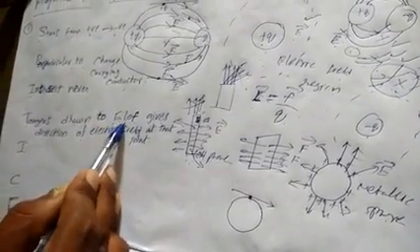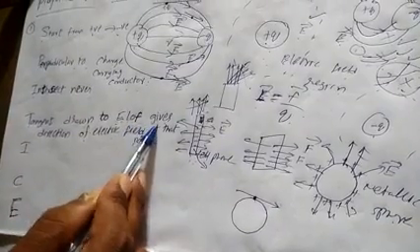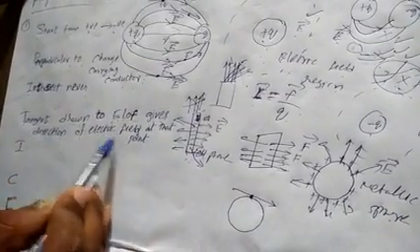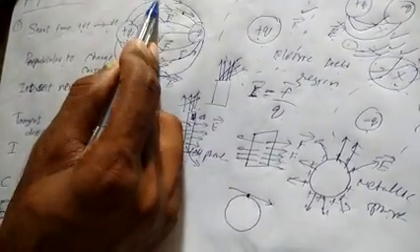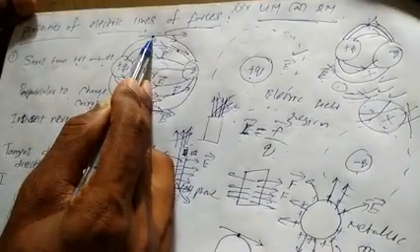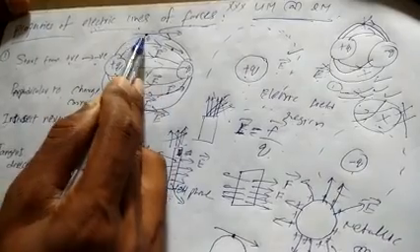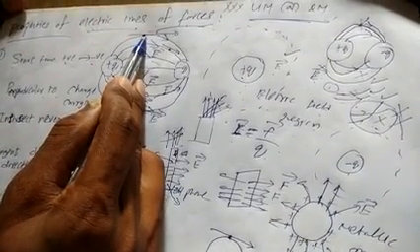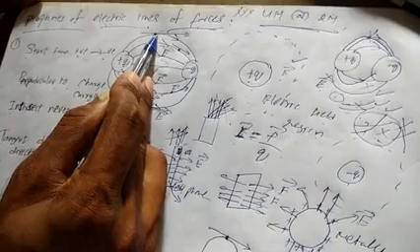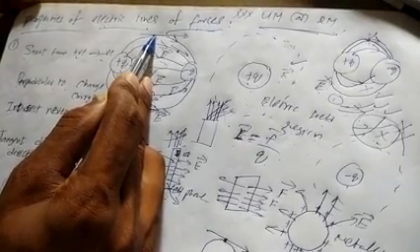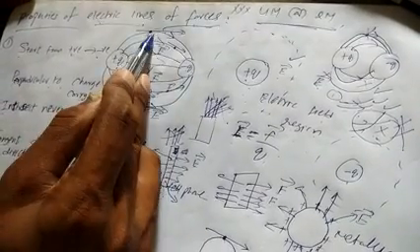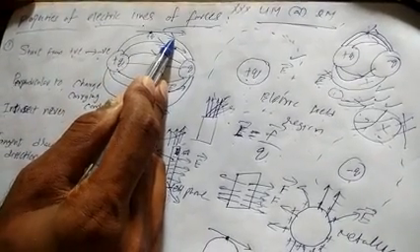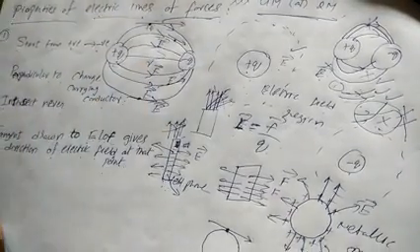ELOF means electric line of forces. A tangent gives the direction of the electric field at that point. If you draw a tangent here at this point, it will give what, ma? It will give the direction at that particular point. In what direction the electric field is there at this point, it will give. So by drawing the tangent, we can know the electric field direction. Yes or no?